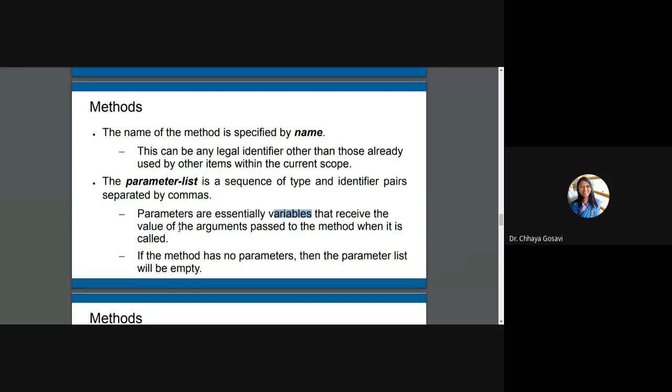So from main or from any other function, we are calling that method. When you call that method, the actual method code will get executed. If a method has no parameters, then the parameter list will be empty. You just have opening and closing braces.